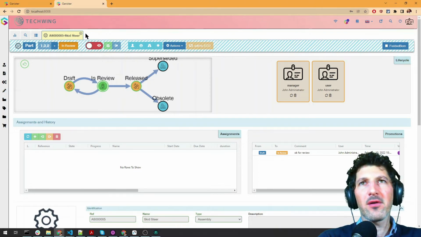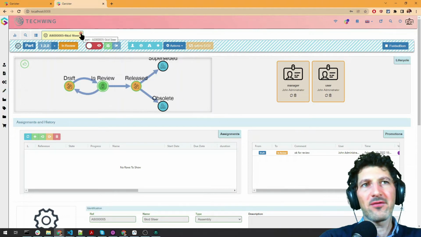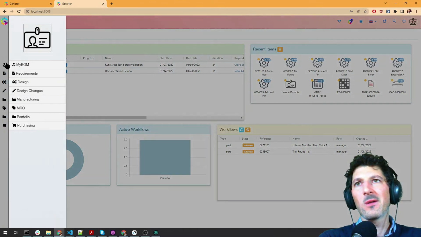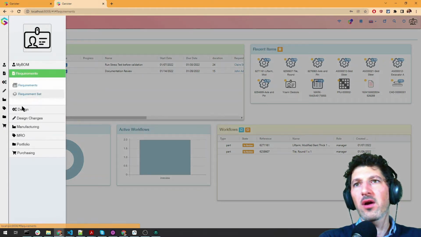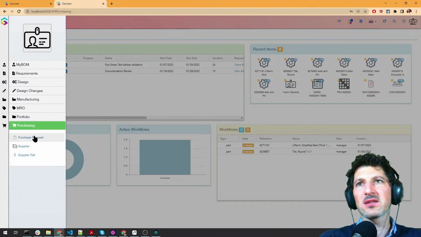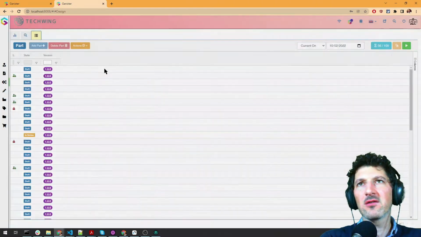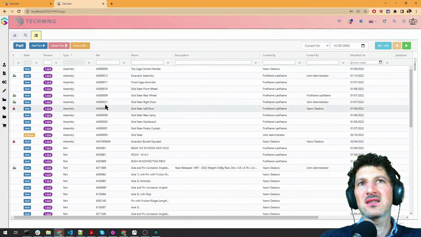But for many other items, it's just a state change, and you don't necessarily have to go inside a node to promote it. So let's say, for a requirement or for something linked to purchasing, for a purchase request, if you want to manage 10 purchase requests and you want to upgrade them to another state, you don't want to open each one. So what we've added is the ability to go here, let's take an assembly,